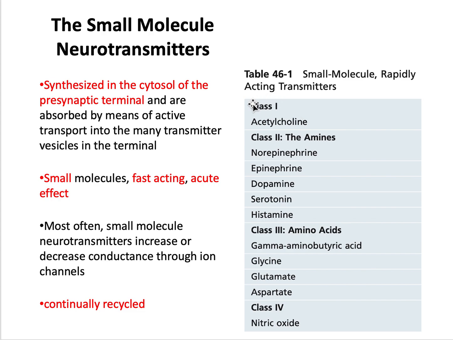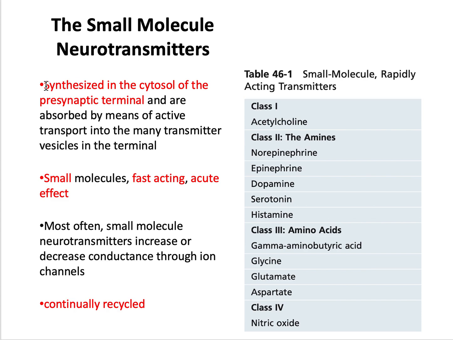So here, I'll bring up a few of the really important small molecule neurotransmitters, but I'm not going to ask you to memorize this table by any means. But this should sound familiar because when we talked about acetylcholine with the neuromuscular junction, what we talked about in regards to acetylcholine is the same for other small molecule neurotransmitters,